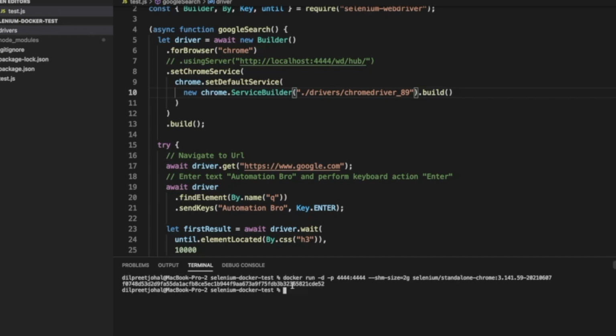Okay, so I just ran this and quickly I got this container ID. Now, in your case, it might be that it's actually trying to pull this image first, and then you will get this kind of container ID. So it might take a few seconds for that to complete. But since I already pulled this image before, I got this really quickly.